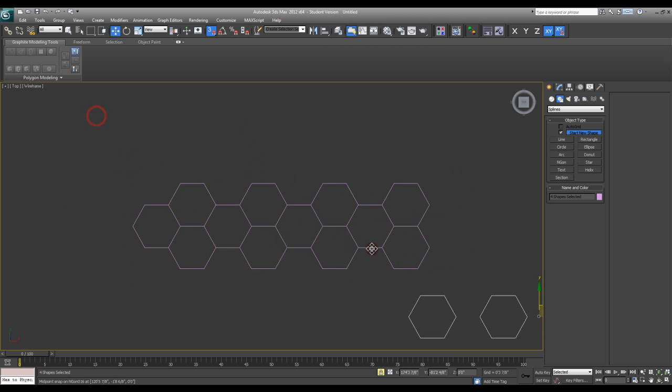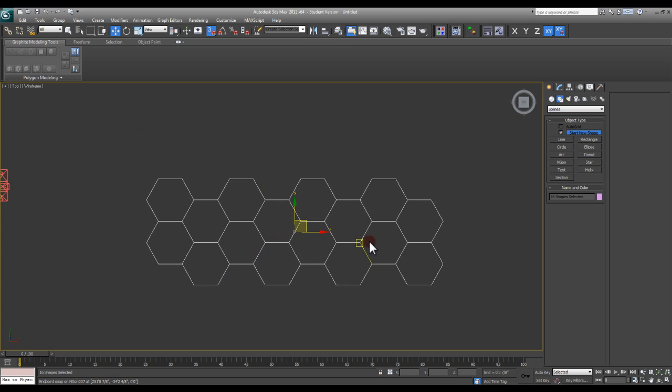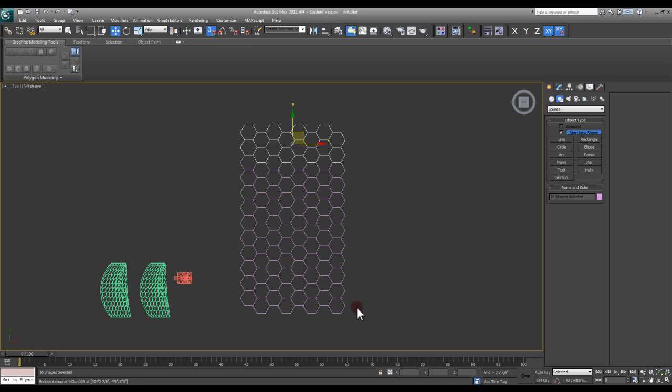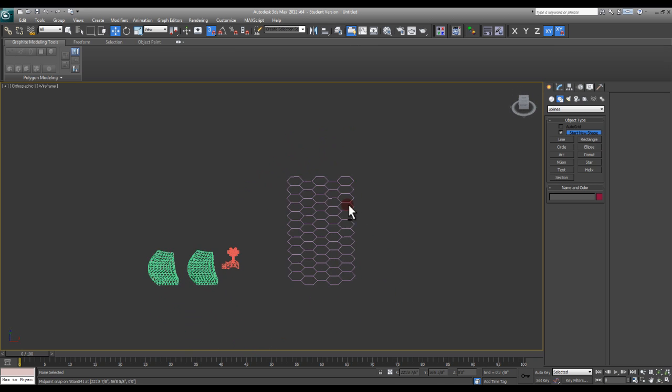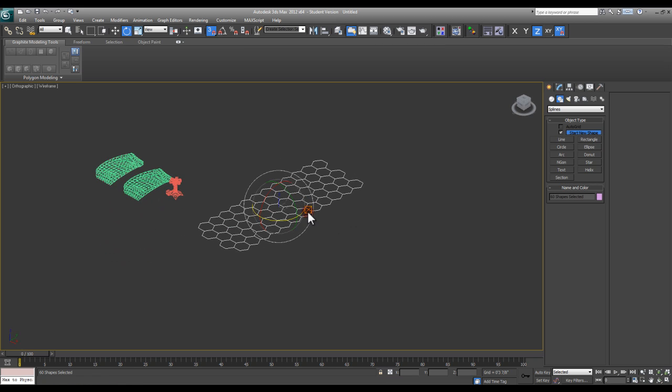Now I can, whoops, undo that. See, I still have my lock on, so when I want to click and drag it didn't let me do the new selection, so I want to turn that off. And select everything. Hit S for snaps again, make sure it's on, hit space to lock that in, hold shift and drag this up as I need to, and we'll do 5 of these and get a long form. And I want to make this like that a little bit. And what I'm going to do is hit E on the keyboard and turn off my snaps, S,